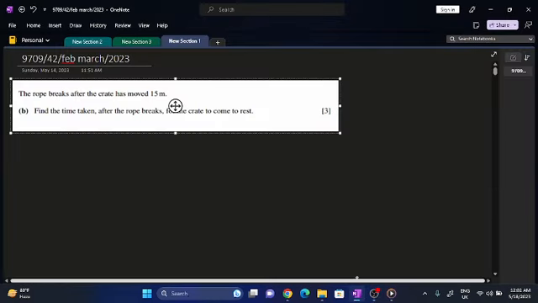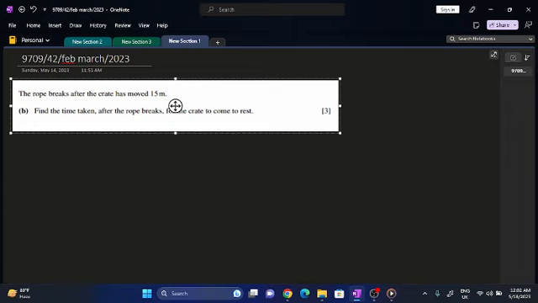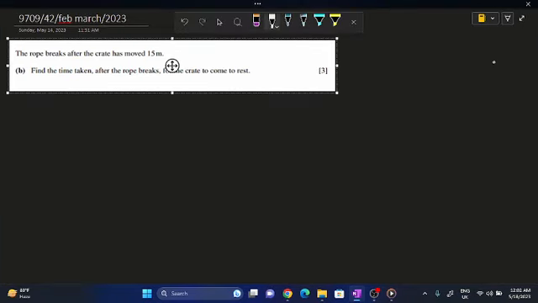For question number 1b, the part is: the rope breaks after the carrot has moved 15 meters. Find the time taken after the rope breaks for the carrot to come to rest. You have to consider a figure. For example,